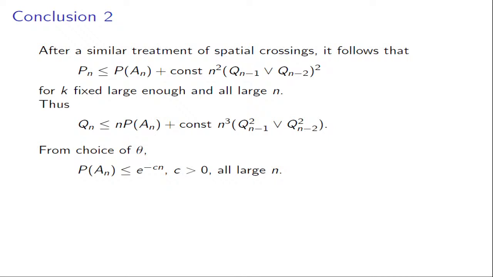So now you have to start the recursion with a small seed, right? Because if we start small, then even though you have this polynomial term here, the Qn will be exponentially small. And it iterates, provided you can start small, and also provided you have control over the probabilities of an. But because of this theta here being large enough, we get this control, and the probability of n decays